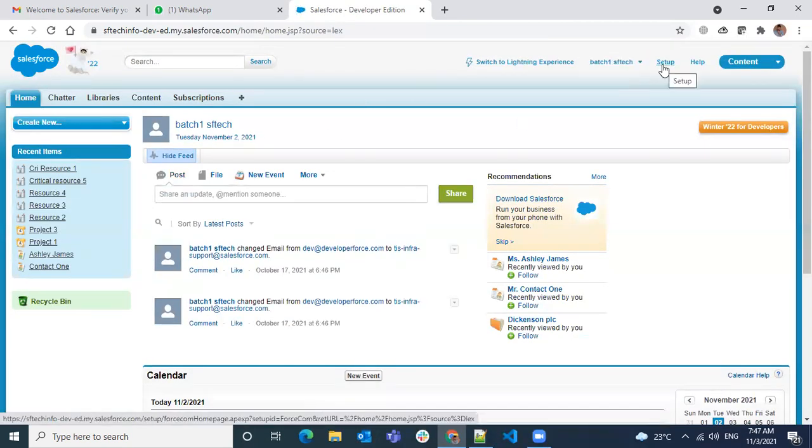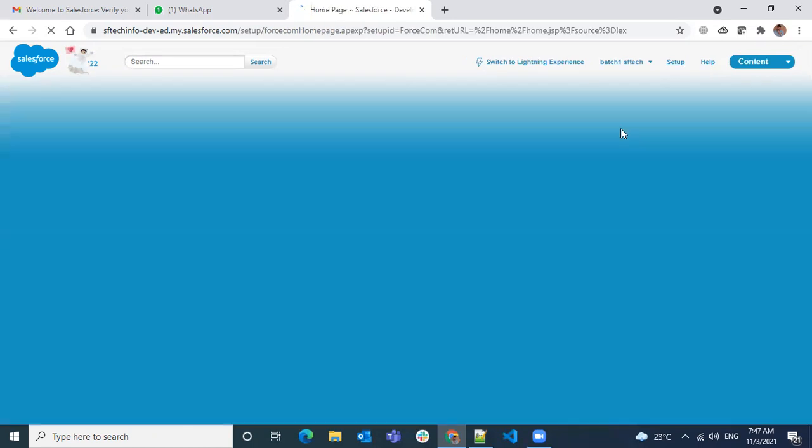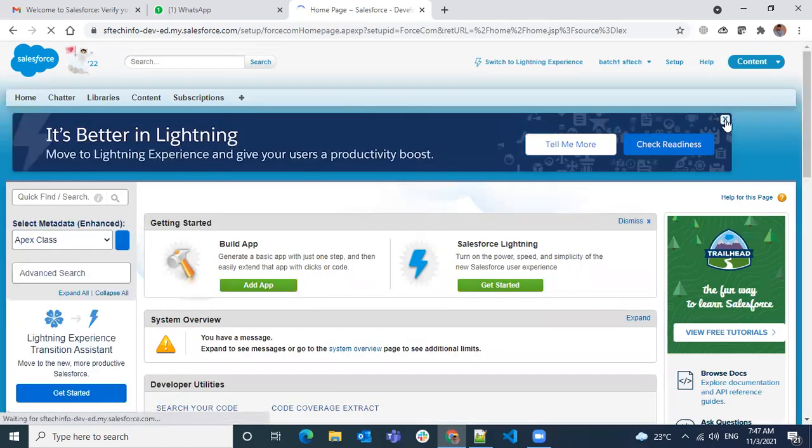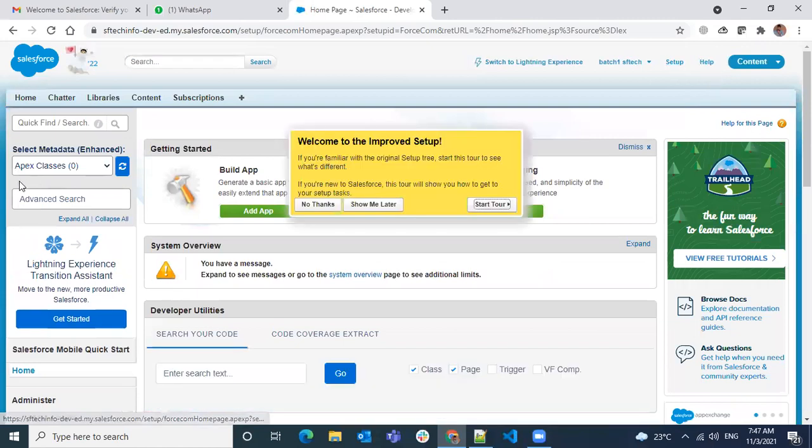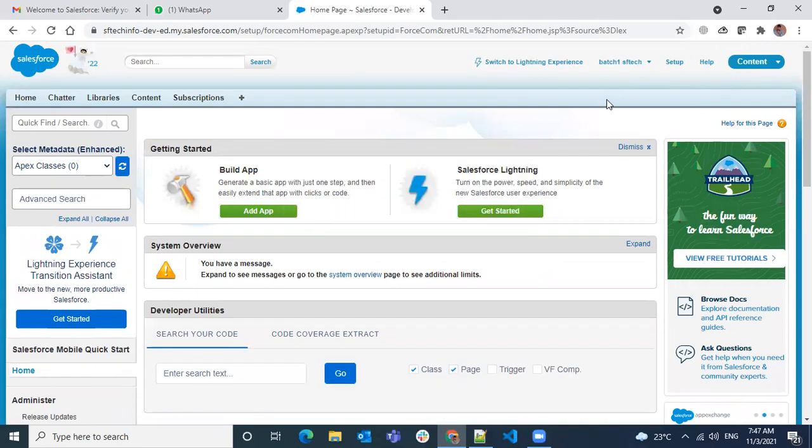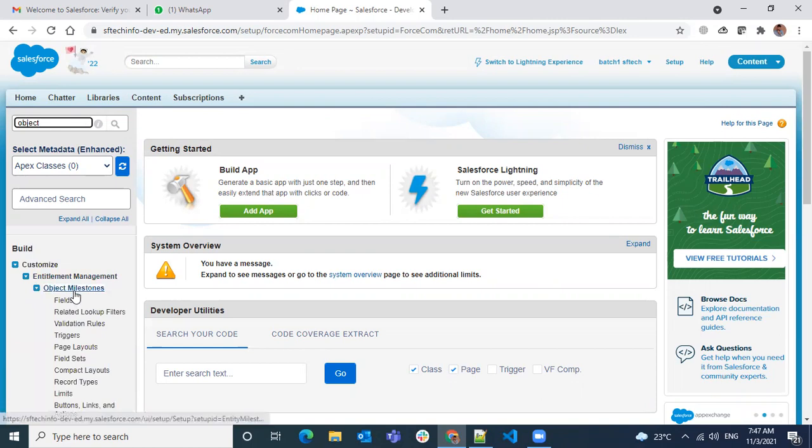Let's say we go into Setup. Usually when we create an object and fields, we go to Setup. In Lightning, we have a Home tab and Object Manager. We don't see all this in Classic. The page UI is different, but the settings and everything you do are the same. Let's say you want to add a field on the project object. Usually we go to Object Manager, search for Project and open that. But here, it is grouped into standard objects and custom objects.